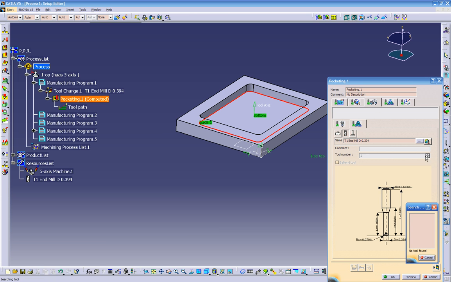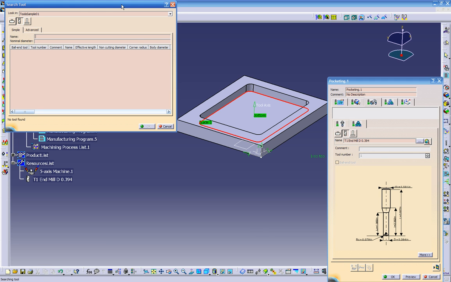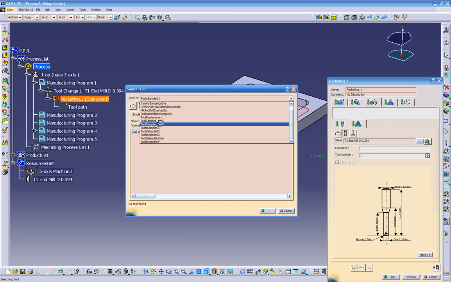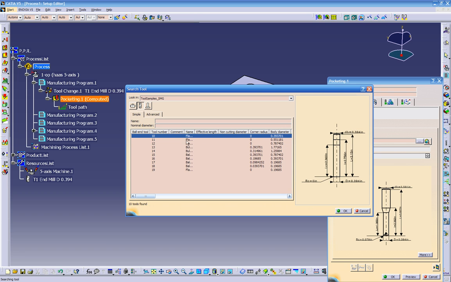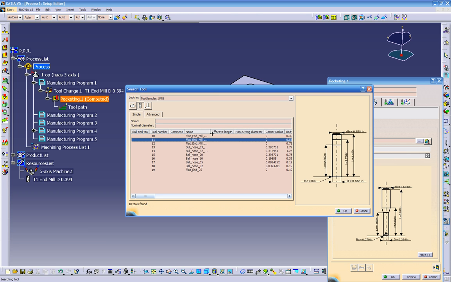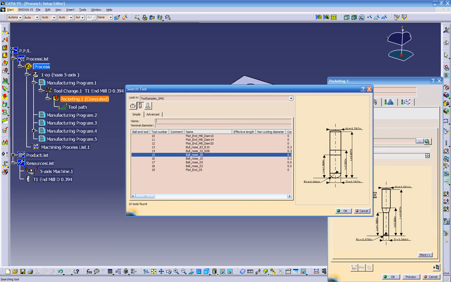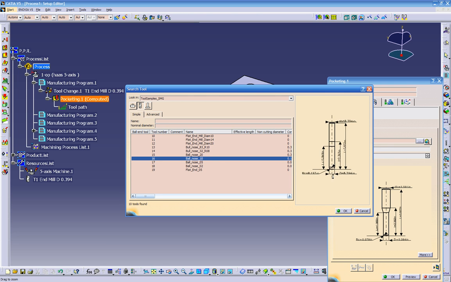So we can click here, and it's telling us that we use tools sample 01. We can switch this and then see we get different kinds of tools in here. But they have some odd numbers, like 787 diameter ball end mill,